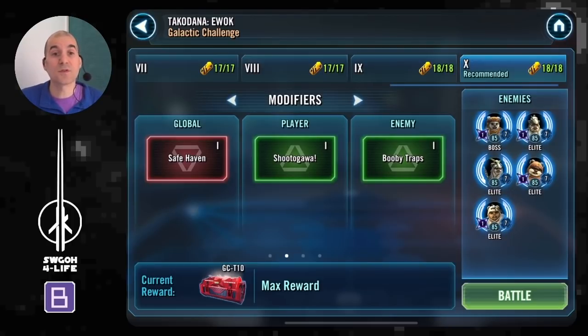So as always, I'll cover first here in this challenge the modifiers, the feats, and show you the teams and their mods that I use to get max rewards. We do have to face a squad of Ewoks and use our Jawas to try and get the best rewards that we can. So I've got two battles for you today. The first one will be my full Jawa squad, and then the second one Darth Revan for the Crush Them